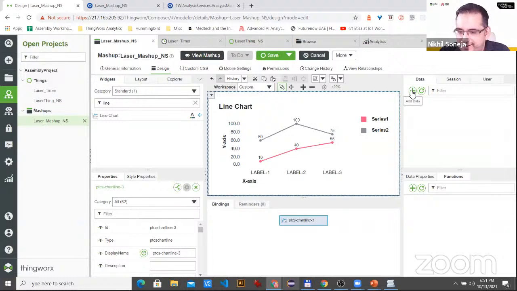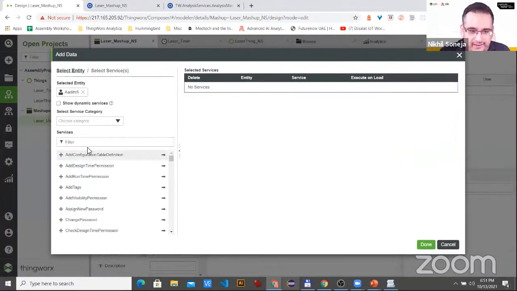We need to bind some data to the line chart, which we will get from our thing, which in this case is